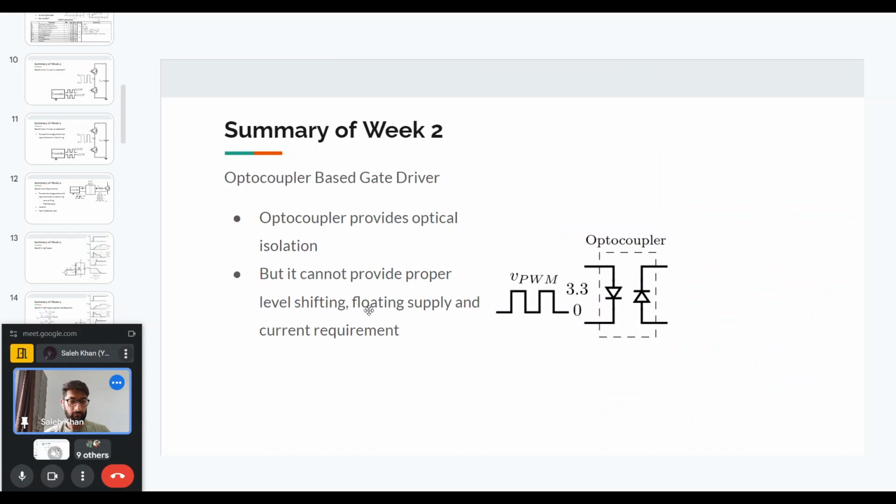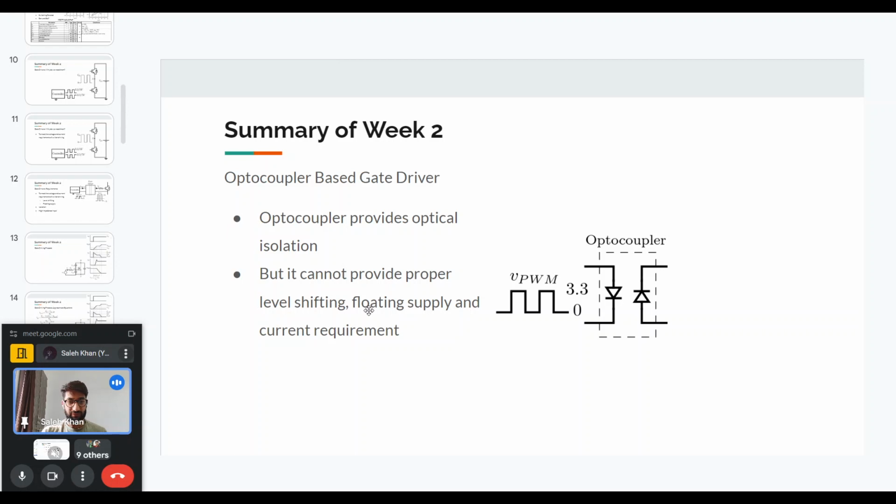Now, how do we actually achieve these features in practical situations? We want to have the level shifting, the floating supply, the isolation, and the high impedance input. So how is it achieved? One of the ways that it can be achieved is using